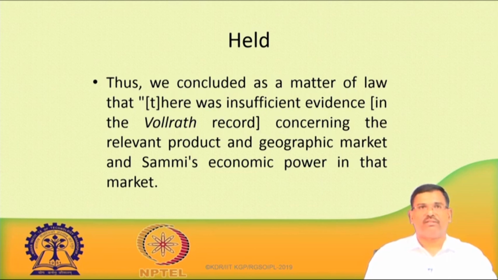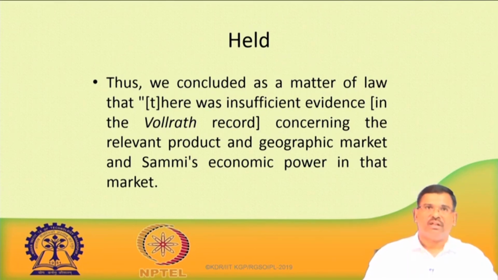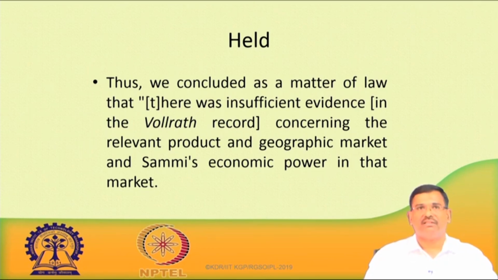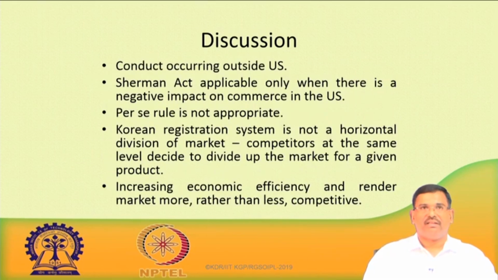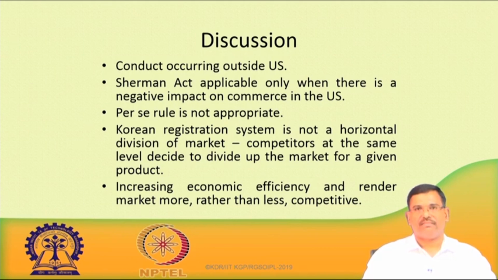In this case, the court concluded as a matter of law that there was insufficient evidence in the order of the court concerning the relevant product and geographical market and SAMI's economic power in that particular market. So, you can see that again in this particular case the court held very clearly,